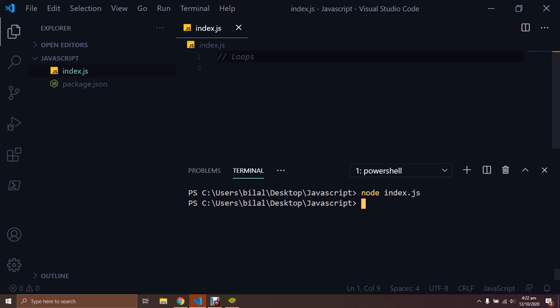And what are loops? What is a loop? Basically, a loop is when you want to do something repeatedly over and over again. Okay, so